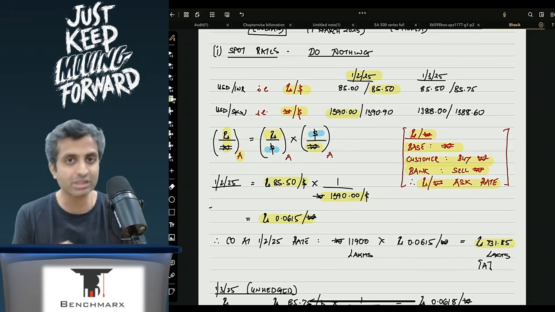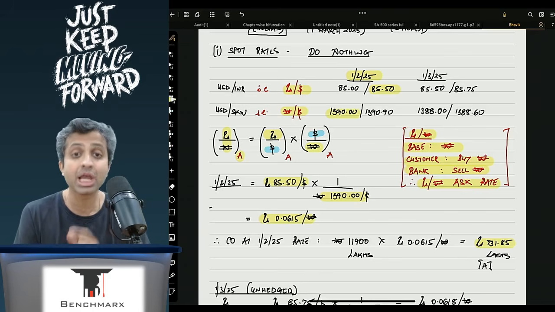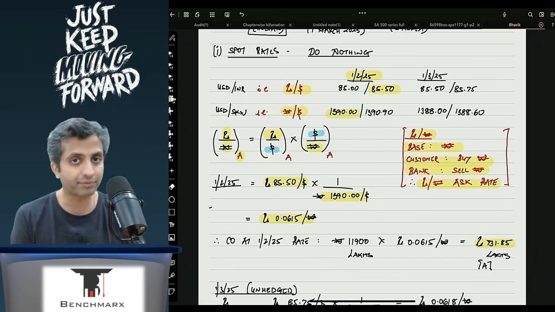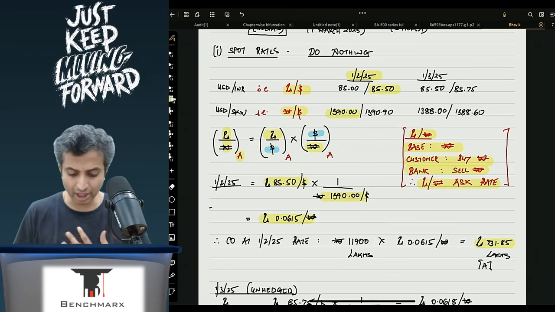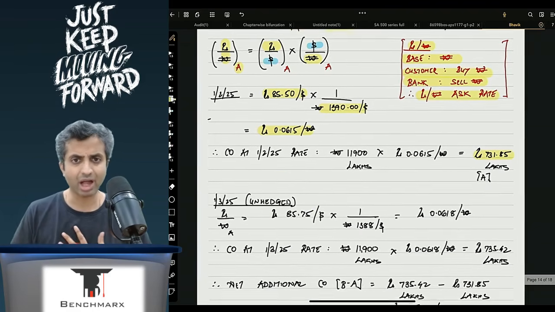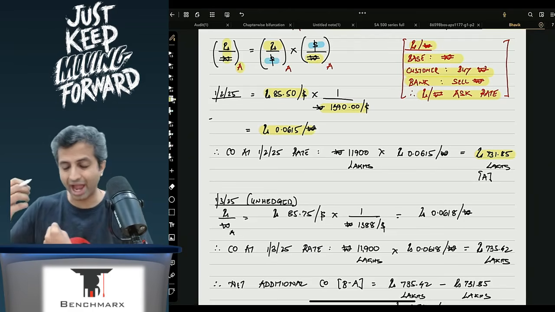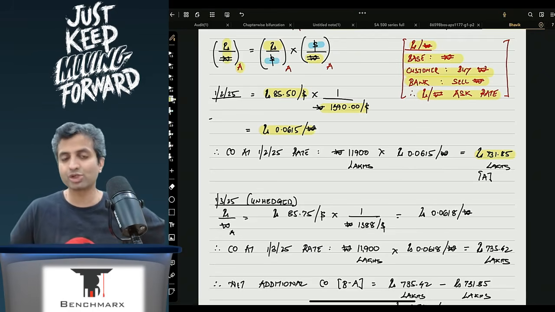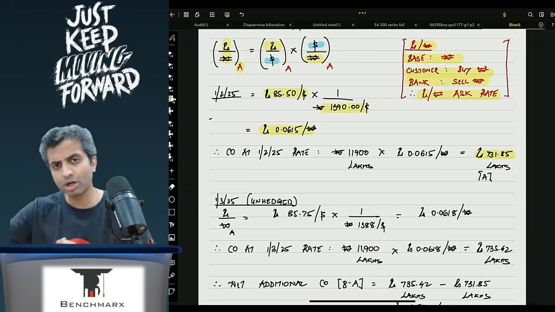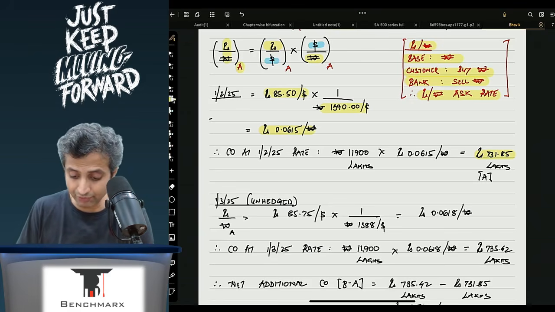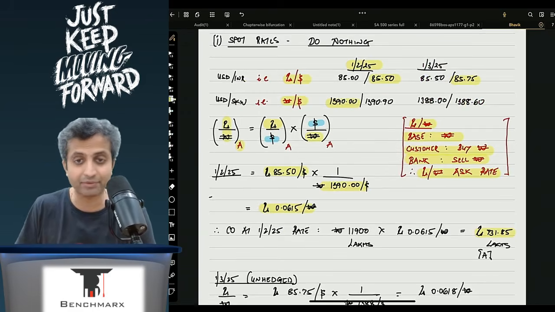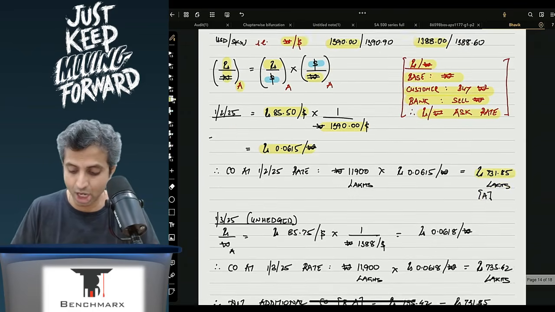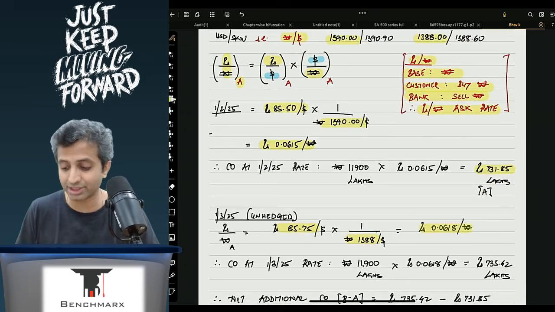I would want you to pause the video at this point and select the appropriate rates and come to the rupees to the won 1st March rate. I hope you have tried this. The workings will be the same. You'll again have rupees per won ask, because you want, as XYZ, to buy the won, so the banker will sell, and hence rupees per won ask rate, which means rupees per dollar ask into dollar per won ask. Again, if you take 85.75 because the rates match, and if I have to take the inverse of the bid, it will give me the ask, and hence 1388, and hence your answer comes to 0.0618.